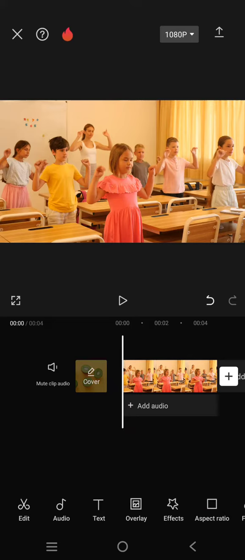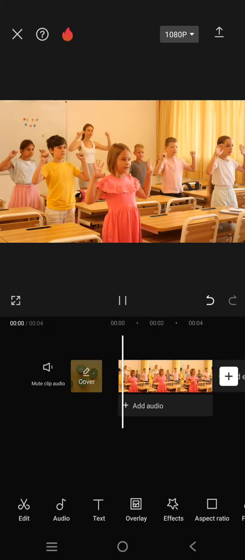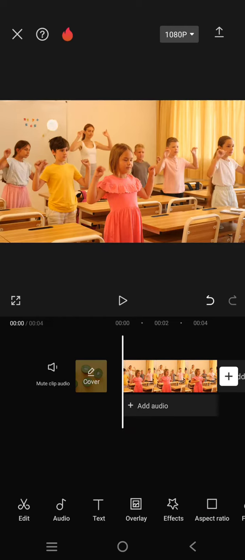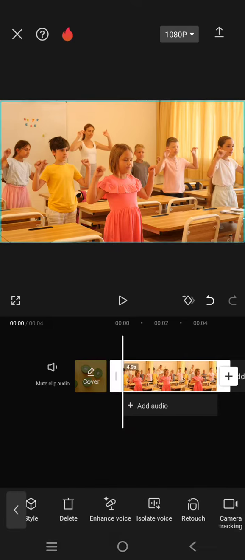On today's tutorial, I'm going to show you how you can remove an object from a video in CapCut Mobile. So here I have a video on my CapCut and I want to remove these objects right here on the whiteboard. So what you need to do is first copy the clip